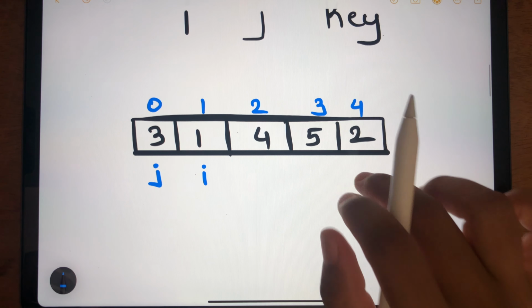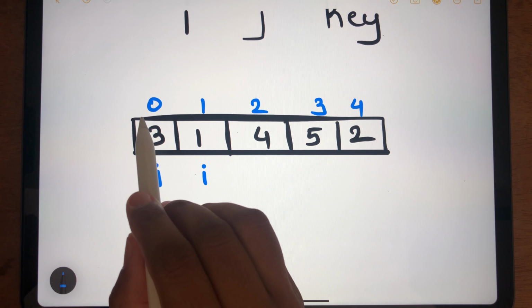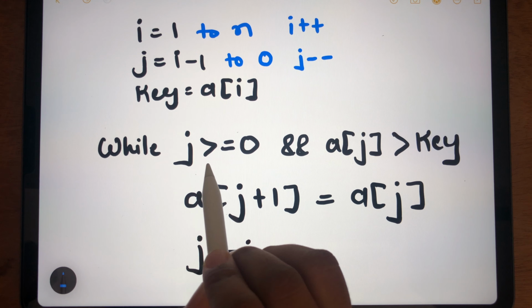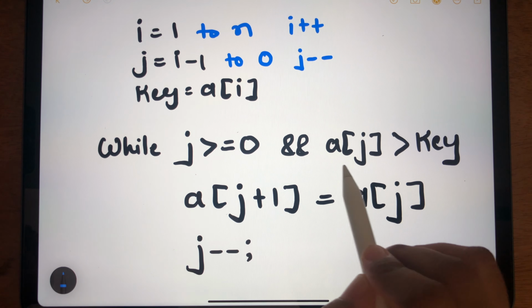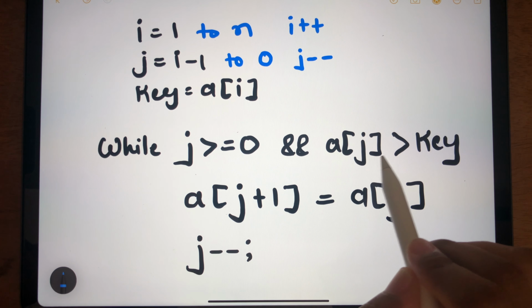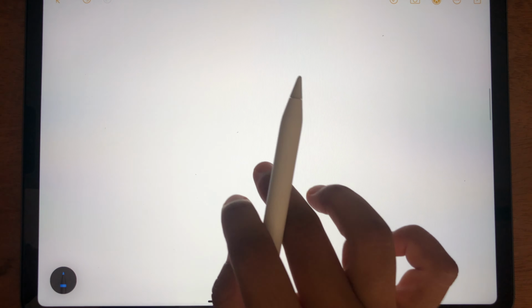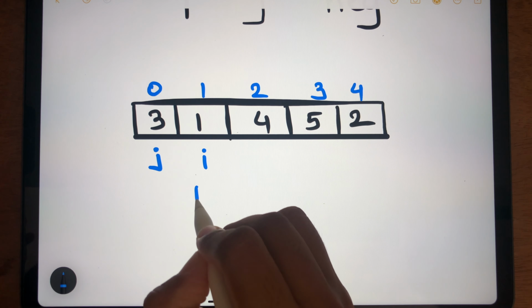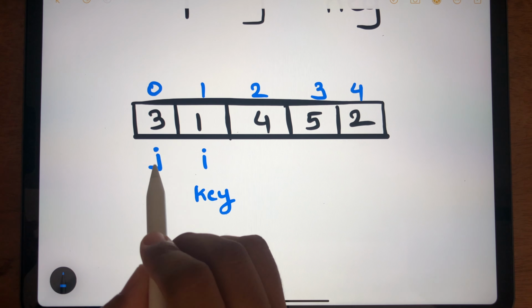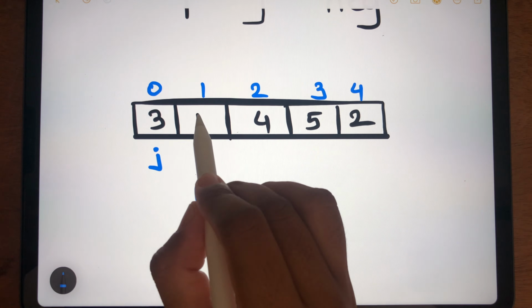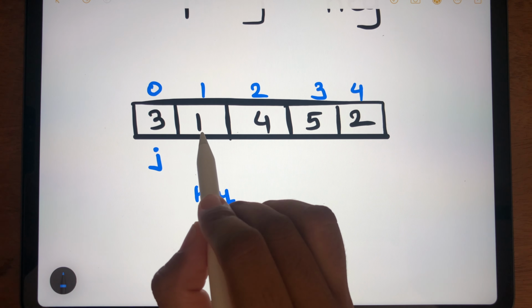In our case, j is equal to 0, so we are satisfying this condition. The second condition is that a of j should be greater than key. Our key is a of i, so here is our key, which is 1. The value here is 3. Is 3 greater than 1?